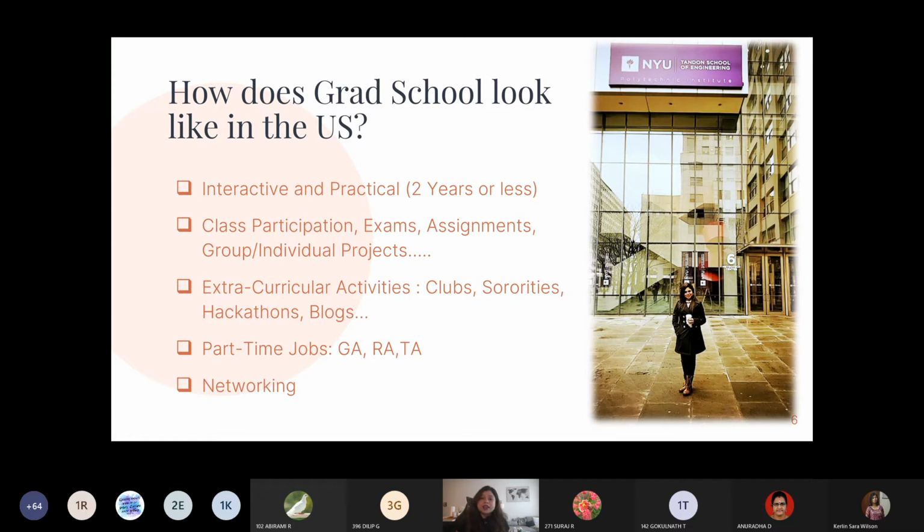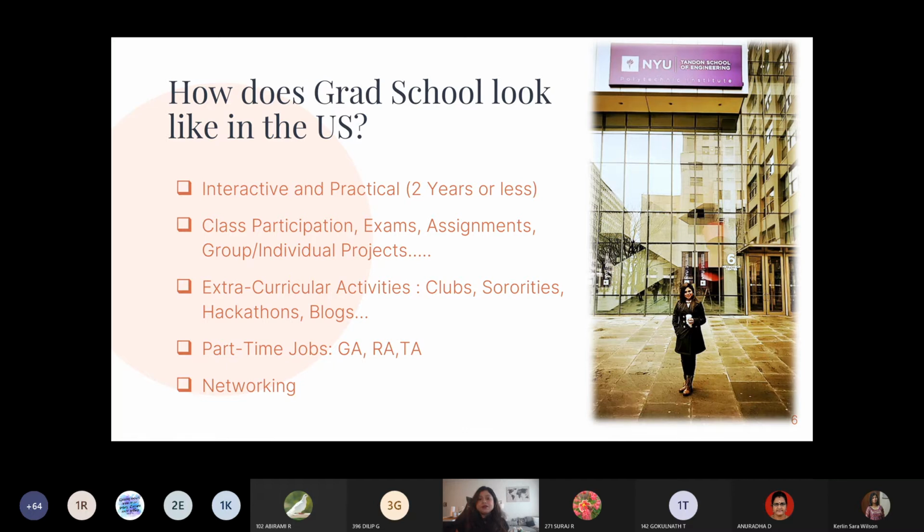It's also good to participate in hackathons. If you're interested in coding, it's a great way to exhibit your abilities. And then you can write blogs. You can go on LinkedIn or any blog or even Facebook and write technical or non-technical stuff you know about, just to show others that you know what you're saying. These are things that are going to keep you going and make your school life interesting. This is very important.